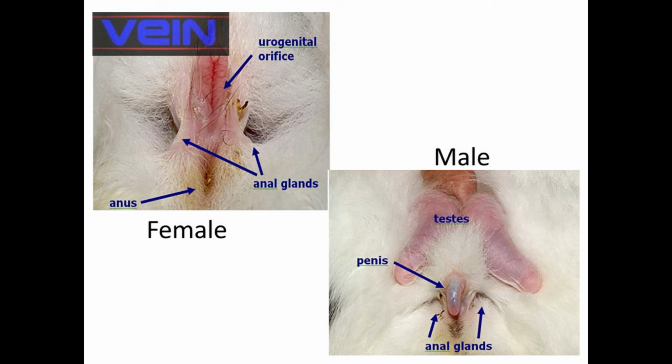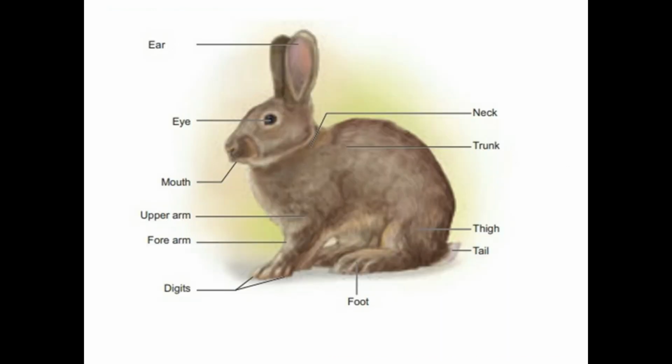The area between the anus and the urinogenital opening is known as perineum. Here, there is a depressed pit-like region into which there are many ducts opening. These ducts belong to certain glands which are called perineal glands. So, the perineal glands are present at the perineal region and the ducts open to the perineum. And these glands produce secretions which have a characteristic smell which is used for mate attraction during the breeding season. The trunk, apart from these openings, bears paired pentadactyl forelimbs and hind limbs.